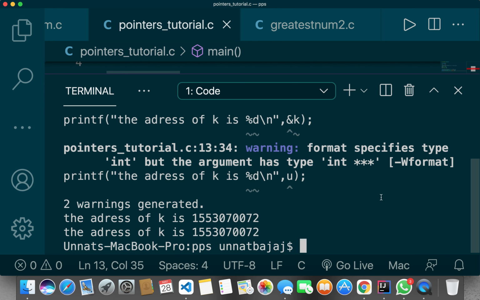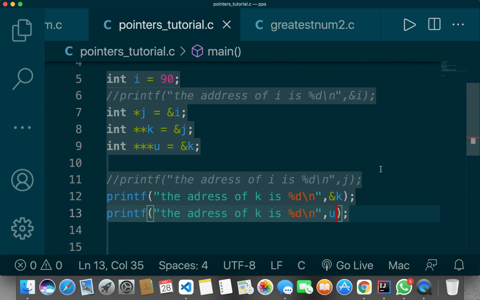Let's run the code. See, the address of k is the same. The only reason we use pointers is because look at the size of this number. It's in the billions. Okay, that's the point.